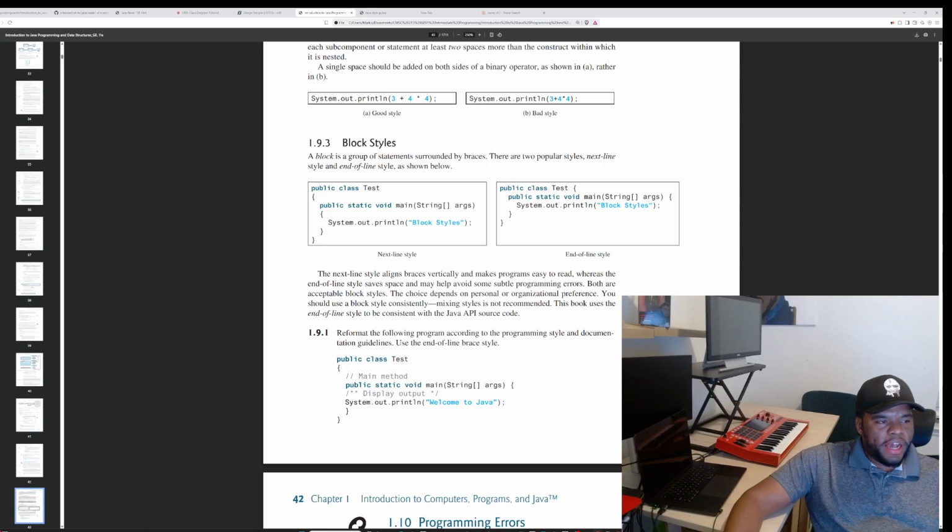Block styles. A block is a group of statements surrounded by braces, where there are two popular styles: the next line style and inline style, as shown below. This public class named Test has a main statement, and it prints out this line. This is block styles, which is a next line style, which I'm assuming means this console out print line. So this inline style,